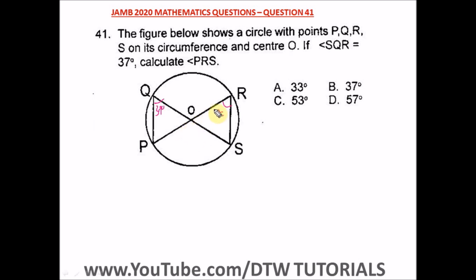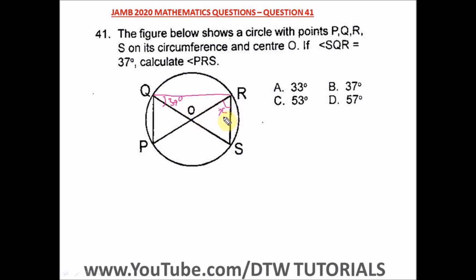So you agree with me? I said if angle SQR, please don't get it twisted. So we draw our line, a visible line. So if SQR, they said here is 37 degree. Let us find